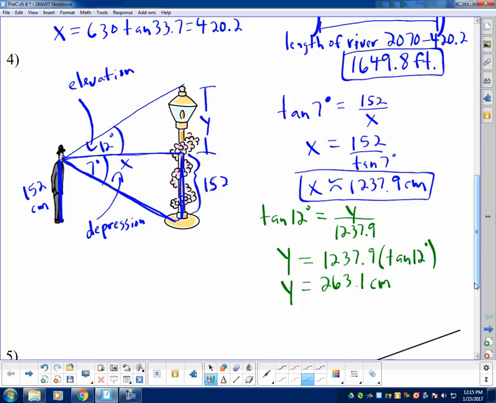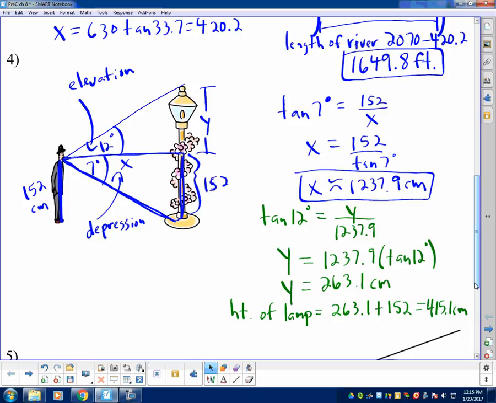So the total length or height of the lamp is equal to 263.1 plus 152, which ends up being 415.1 centimeters. So those are examples of some right triangle problems. I actually have